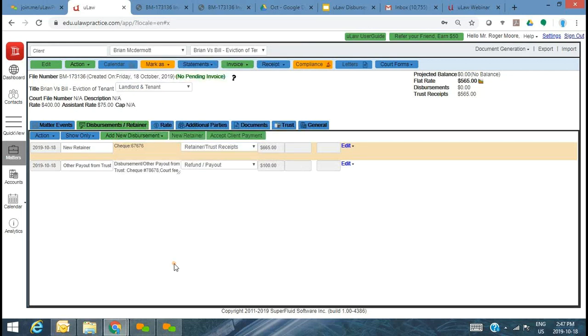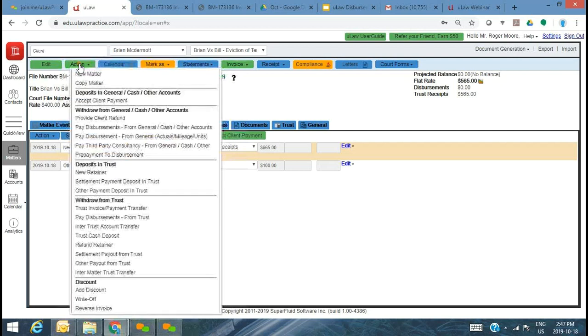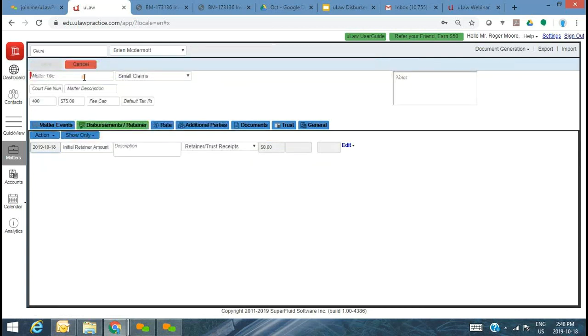Now let's look at the next example where there's no trust related, or maybe there's no payment out of your trust account and there's only a general account that's related. I will go ahead and create a new matter for the same client. And we'll call this a small claims matter.